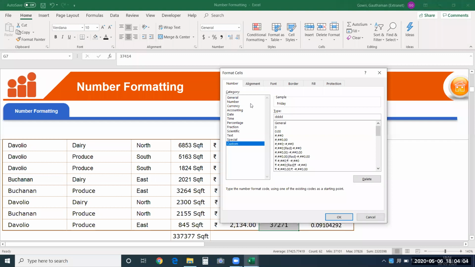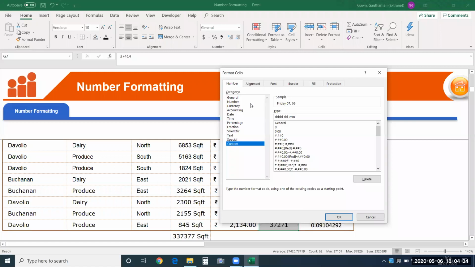Suppose I only want to display the week name of a date, I can leave it at this point. Now I want to continue with it. I'll give a space. I'll again give D. This is the day part of the date. Again, you can use comma, slash, hyphen, these things as the separator here. So I'll use comma and I'll just say MM.